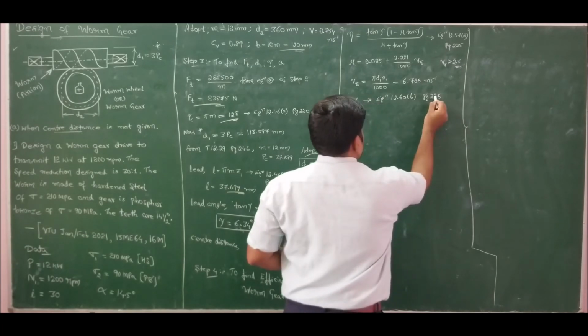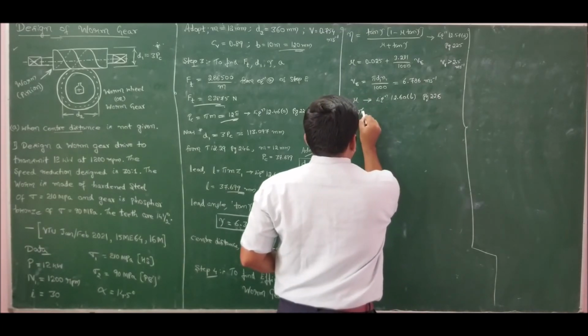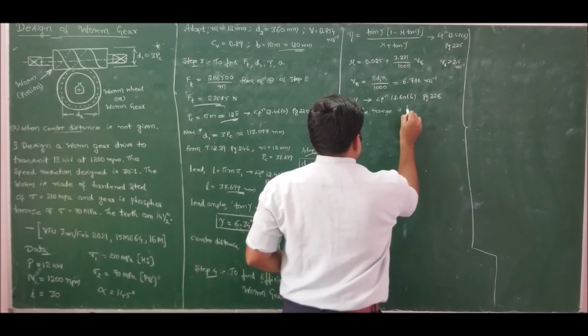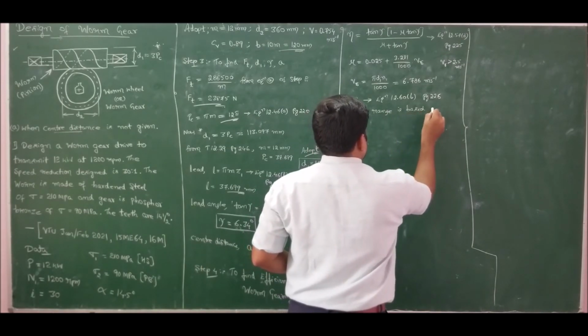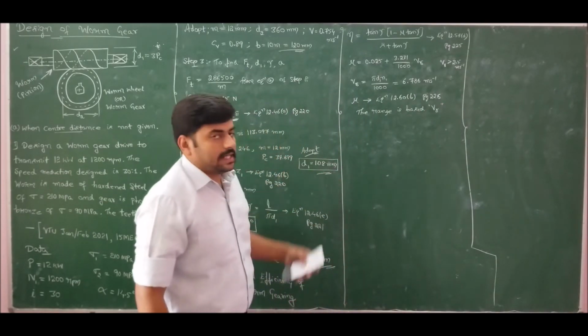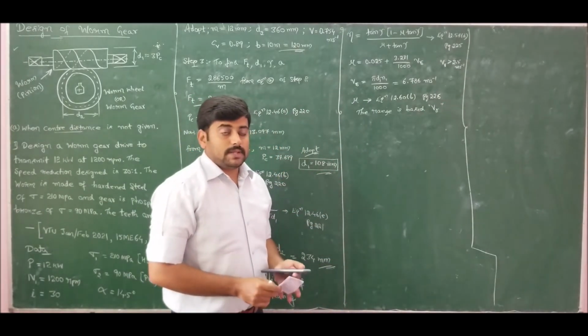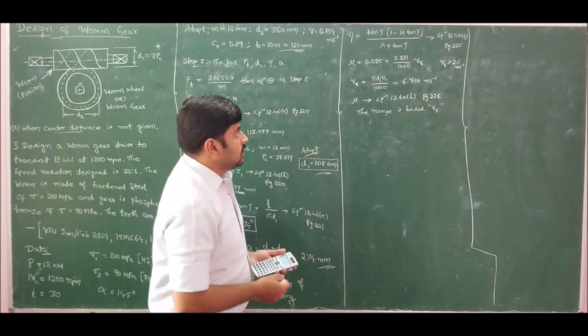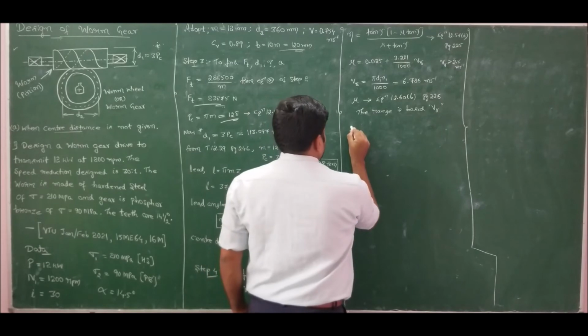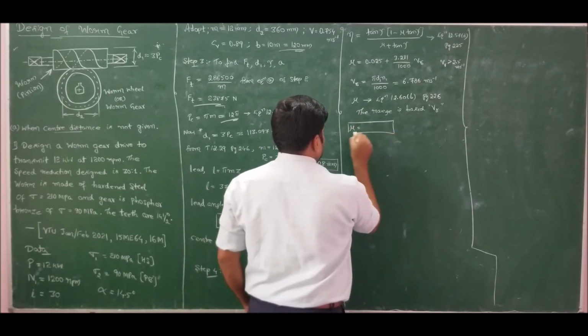Kindly make a note. The range is based on VR, rubbing velocity. Correct it. He has misprinted it as based on V. It is based on VR. Correct the data handbook. So now if I substitute and solve, I will get the coefficient of friction mu as